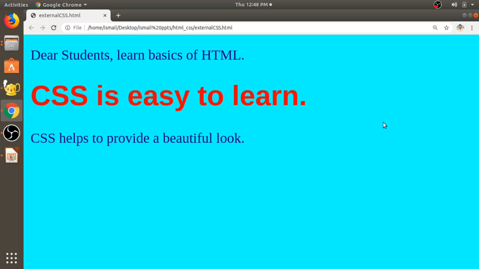So here the background color of the web page is set to tan color, and for the first paragraph you can observe the text color is set to blue color, and for this h1 element the text color is set to red and the font family is changed to Arial, and the third line is also a paragraph element.